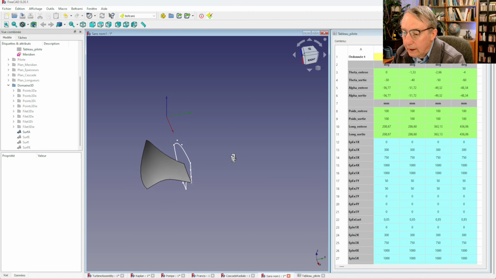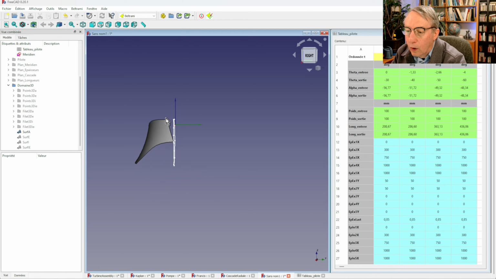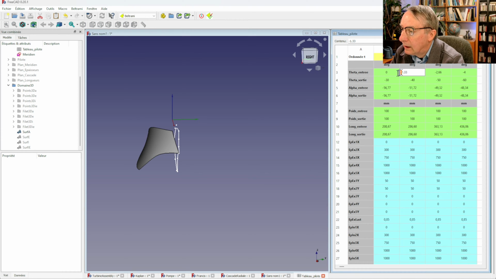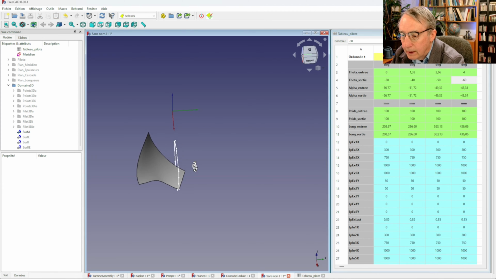So for the leading edge, the position in degrees is from 0 to -4, from 0 degree, you see, to -4 here on the top. And there are 4 poles that model mathematically the value. If, for example, we wish to lean the blade on the other side, we can just change the sign here of the variable. We can see the effect by using the update button here. And we obtain the result immediately.